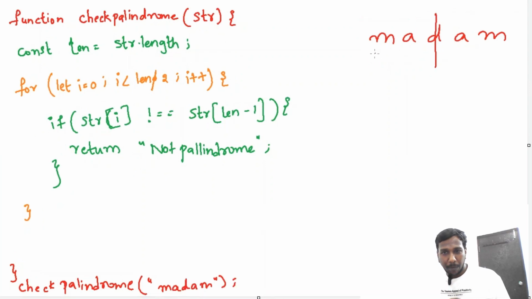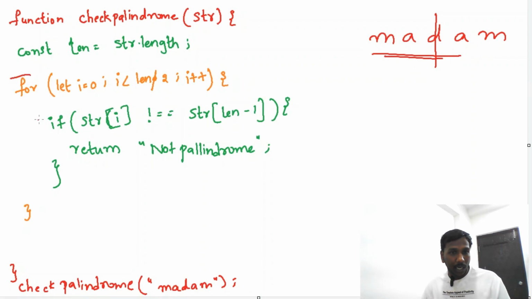But in our case, MADAM is a palindrome. So where do we need to return that it's a palindrome? In our case, it will not go inside this if condition. So it will come out of this for loop and here we can say that